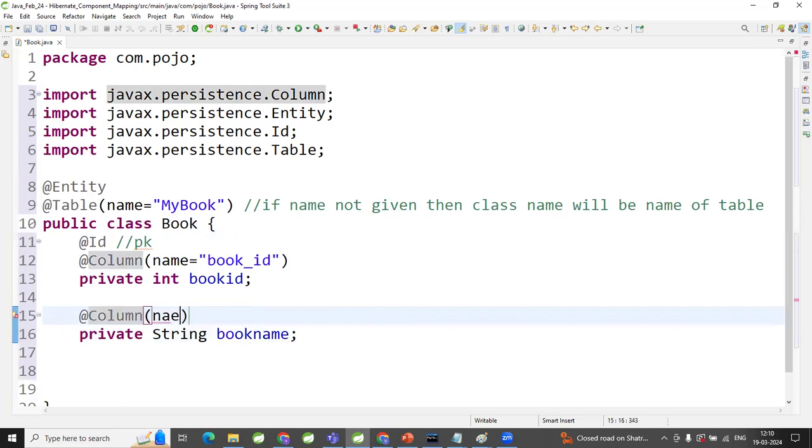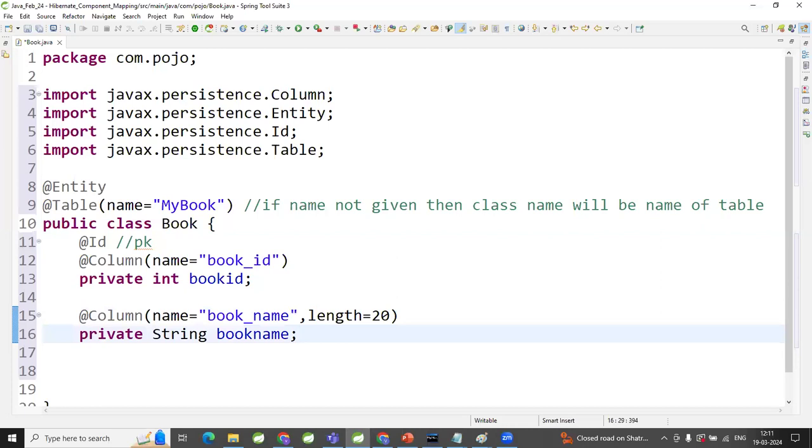What is the name of the book column? If you don't give it, by default it is bookName; I give explicitly book underscore name. And what will be the length? A length of 20 characters is sufficient